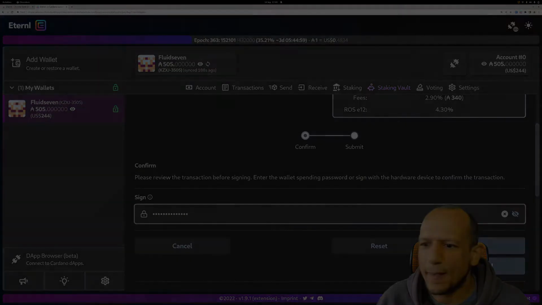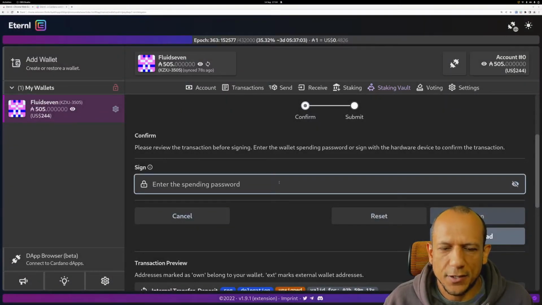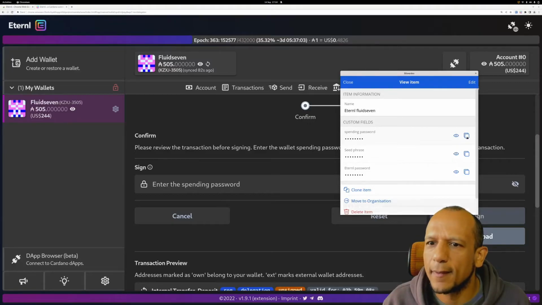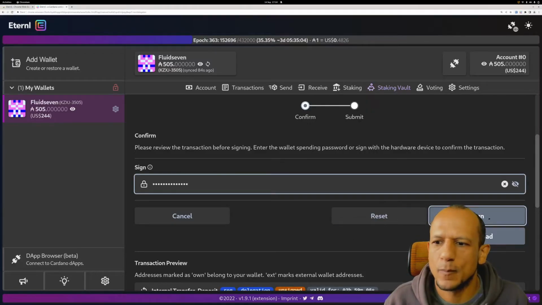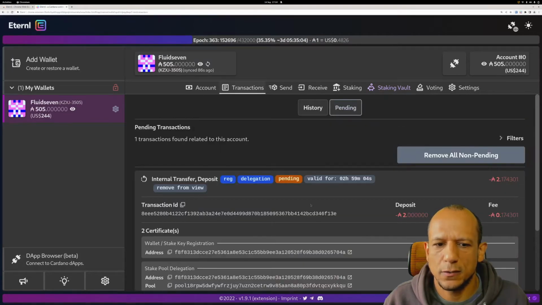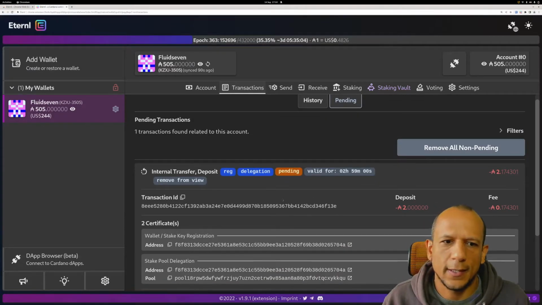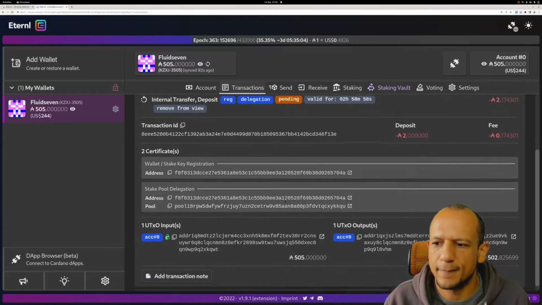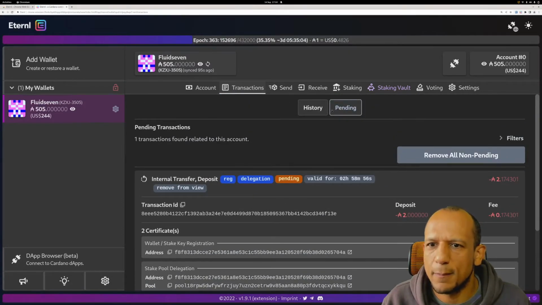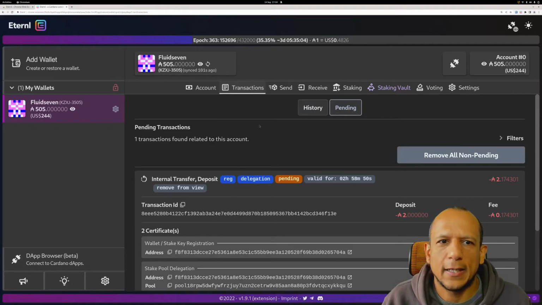I'm going to sign that transaction, so I grab the spending password from Bitwarden. Sign that transaction. That's now been posted to the blockchain. It's in our pending transactions, so the transactions pending column, and in a few seconds it will